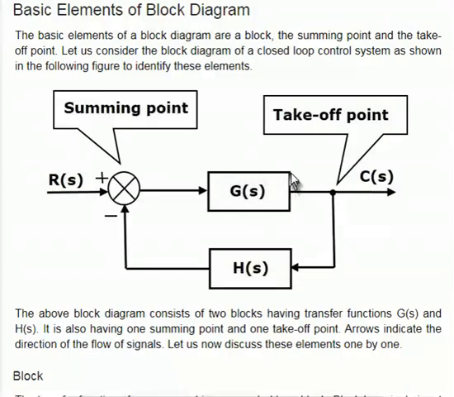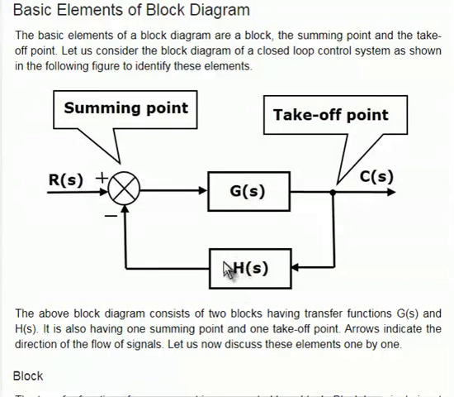Next, this is a block. Whatever square or rectangular box is there, it is called a block. Next, this is also a feedback block. The above block diagram consists of two blocks, G of S and H of S, having transfer functions. G of S is the transfer function of this block, and H of S